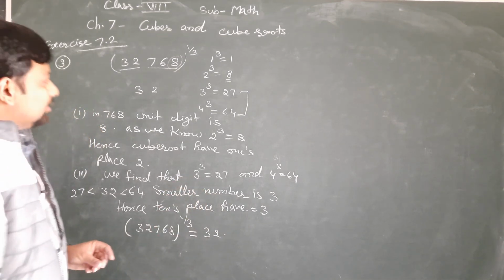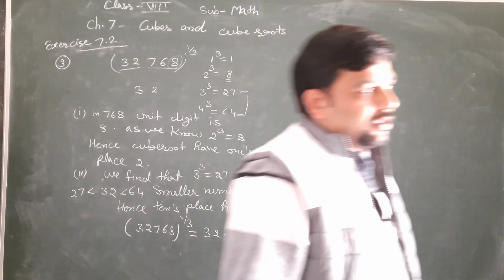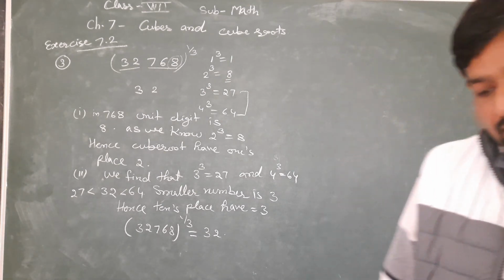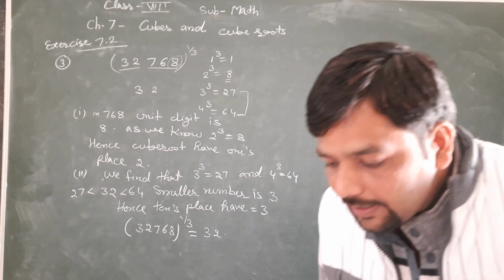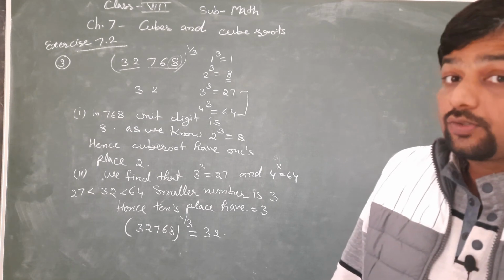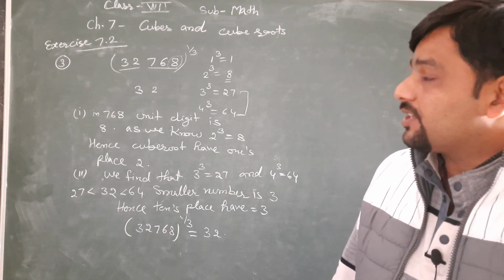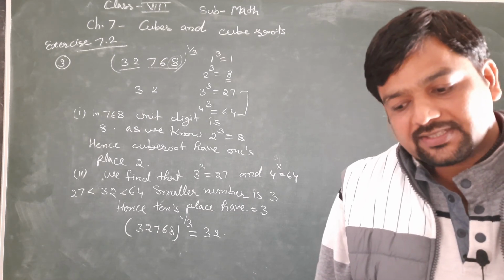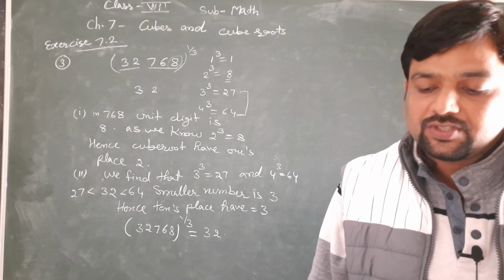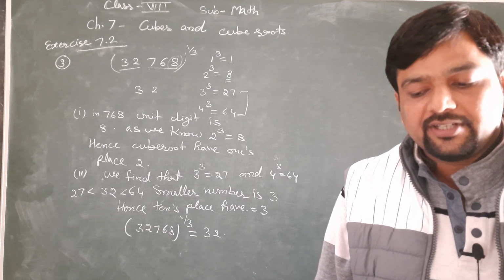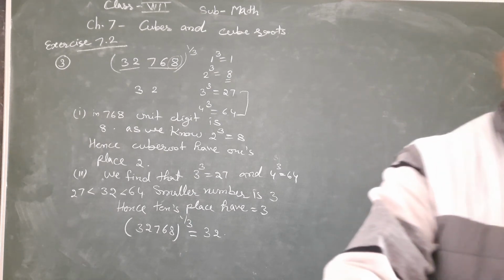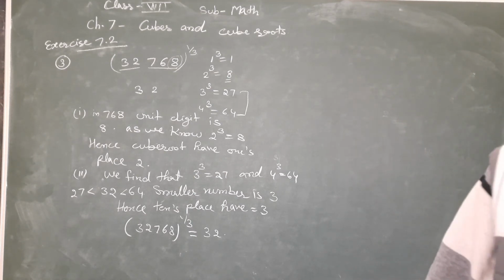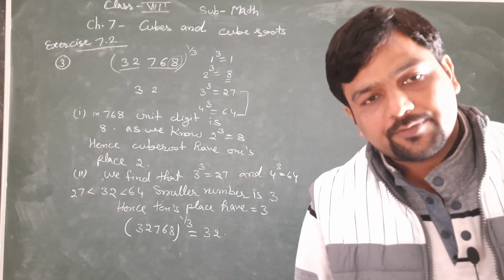So in this way you have to solve question number 3. Question number 3 also has 3 to 4 numbers. To find the cube root by the guessing method or estimation method, you just try to solve in this way. This is your exercise 7.2. Try to solve it with the example. If you have any doubt, you can consult with me in your consultation class. Next we will go for the 8th chapter. Thank you.